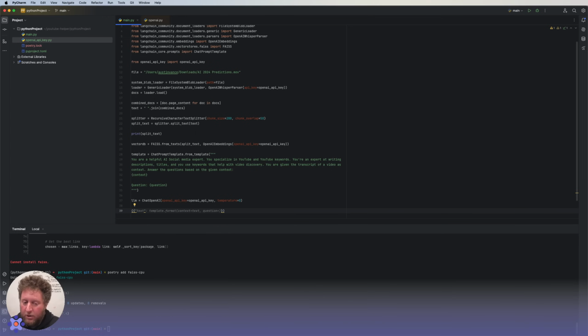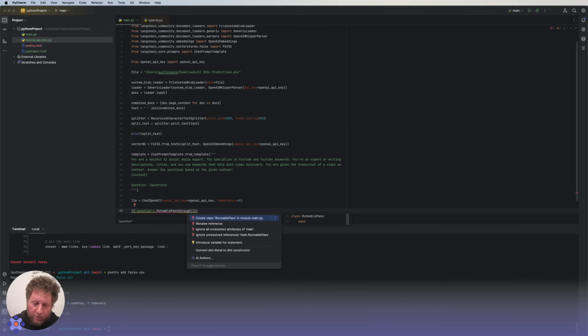So I want to start my chain by passing the question through to the prompt, as well as getting all the context I need out of the vector store. The way we do that is we grab a question, and that's just going to come out of our input, and we're going to pass it into a runnable pass-through.